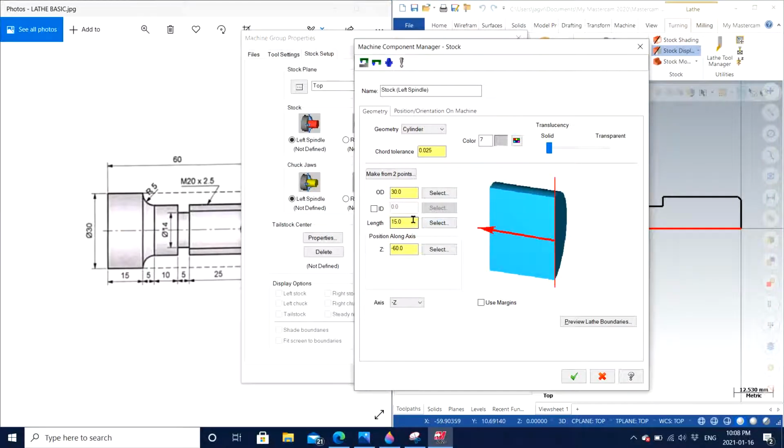So in this case, it is going to select the length of the line that you chose. It can be kind of hard to predict exactly what length it is going to pick. So I recommend you enter the value yourself if you are sure what the value is going to be. Just like in every drawing, the length of the part will be given. So I would recommend you choose that length. So 60 right here, and on the